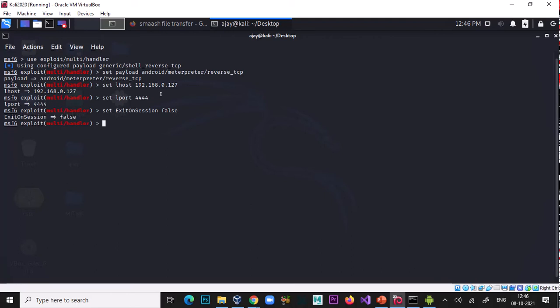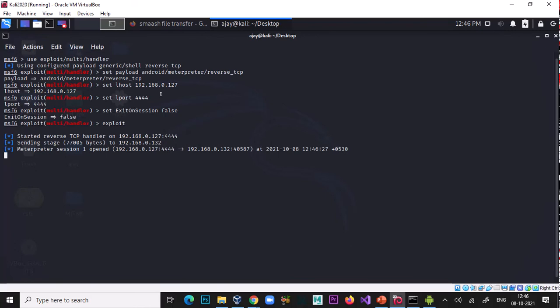It automatically recreates your session after breaking the connection with your victim's device. So just type here exploit, and you can see one session is open.